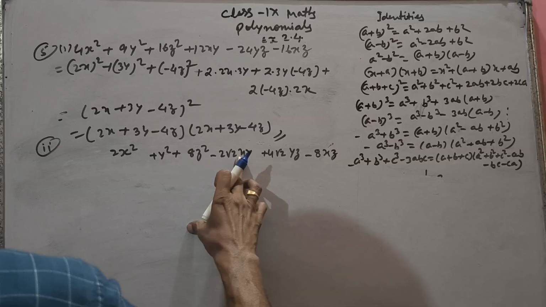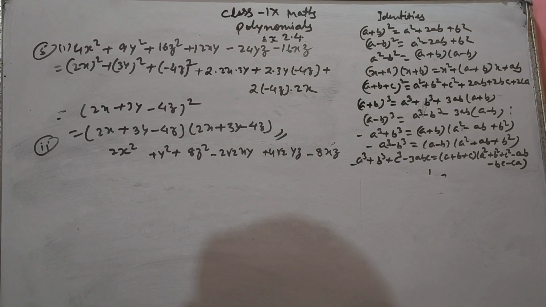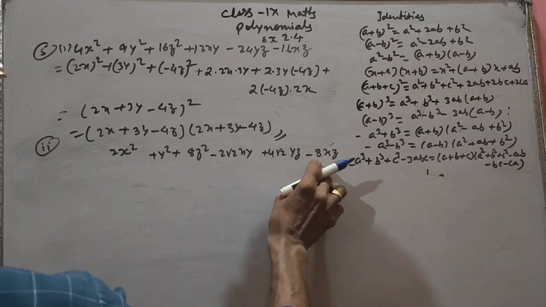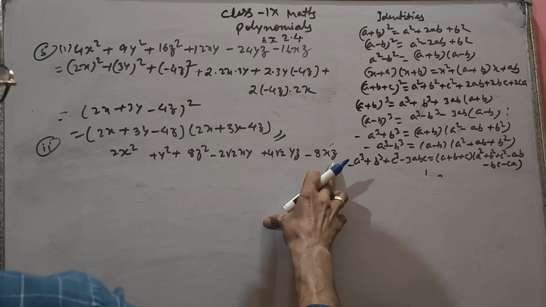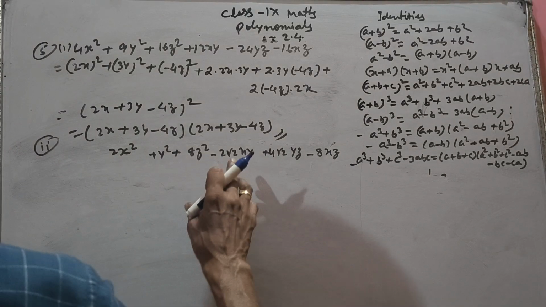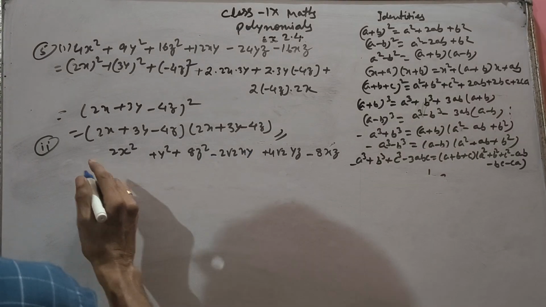See, the term containing x is negative, the term containing x is negative, so x can be negative. And you can think the other way also. The term containing y is negative and z is negative, so both y and z can be negative, and the term having both y and z is positive because minus minus plus. So it can be done in two different ways. But you just see the term containing x is negative, so x is negative.